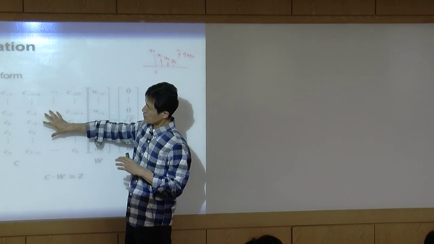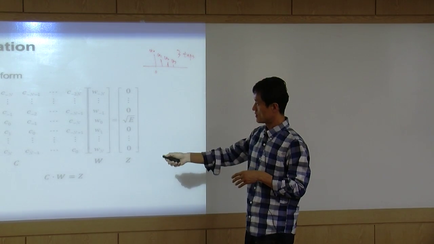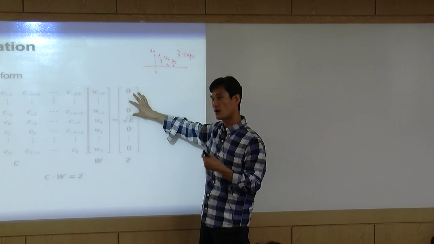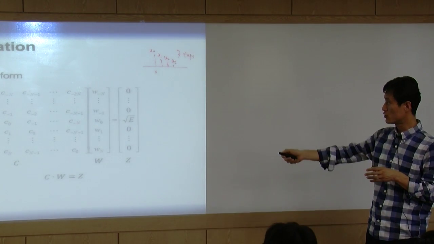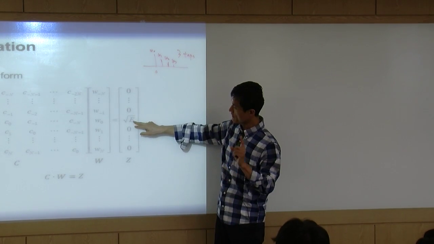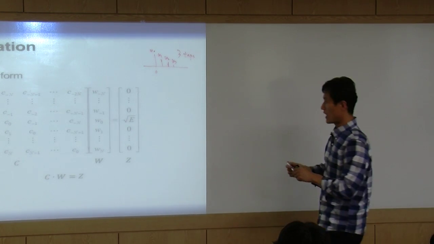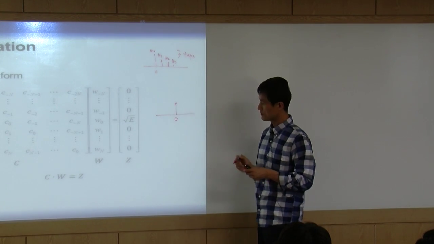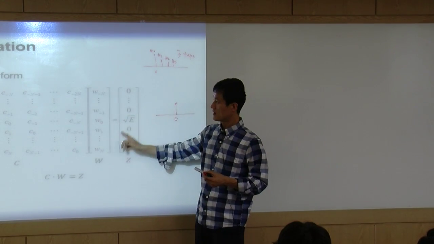Simply speaking, when you write all the input-output relationship of the equalizer in matrix form, so this is a matrix. We want to have this output. This is our target output. We want to make the output of the equalizer look like this. So this output basically means that only this one has some value, and all the others are 0. That basically means that your output looks like this. Right? We want to get this output. So this is the output we want. This is the input